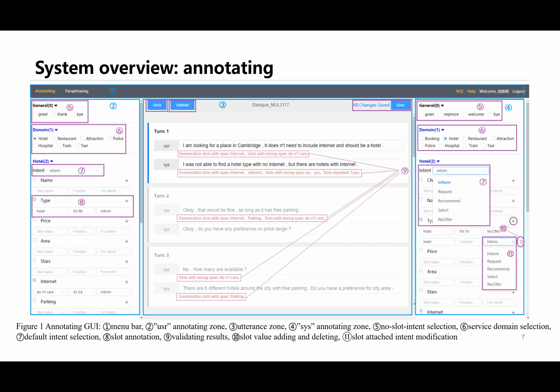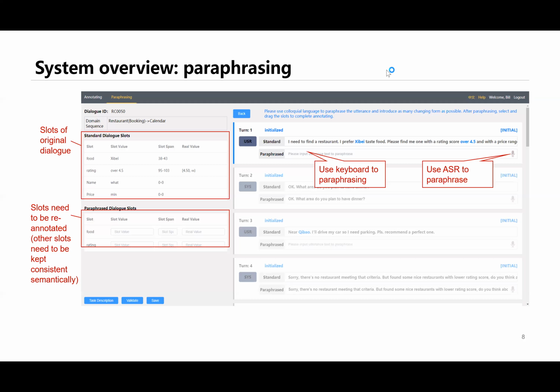It's simple: you can simply use your mouse to highlight the part you want to annotate, and then the system will bring you to different domains and intents, and even the values you can choose. So I'm not going to drill down too much into this functionality due to the time constraints. As for the paraphrasing tab,